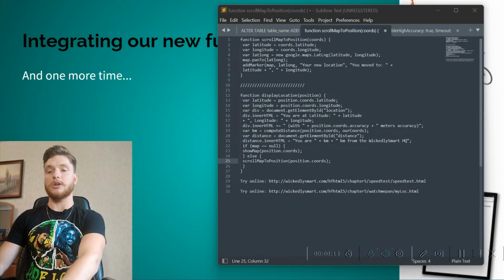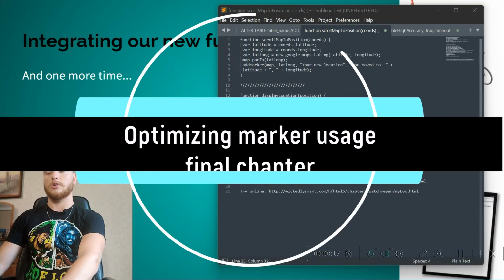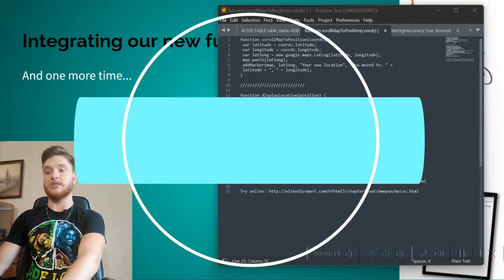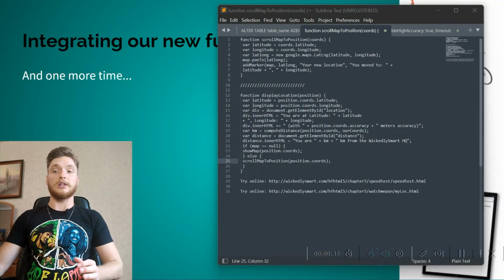Next our topic is optimizing marker usage, bullet points, making your HTML location app, the final of this chapter, and exercise solutions. So we will talk about this in the next lesson, and here our 34th lesson about HTML